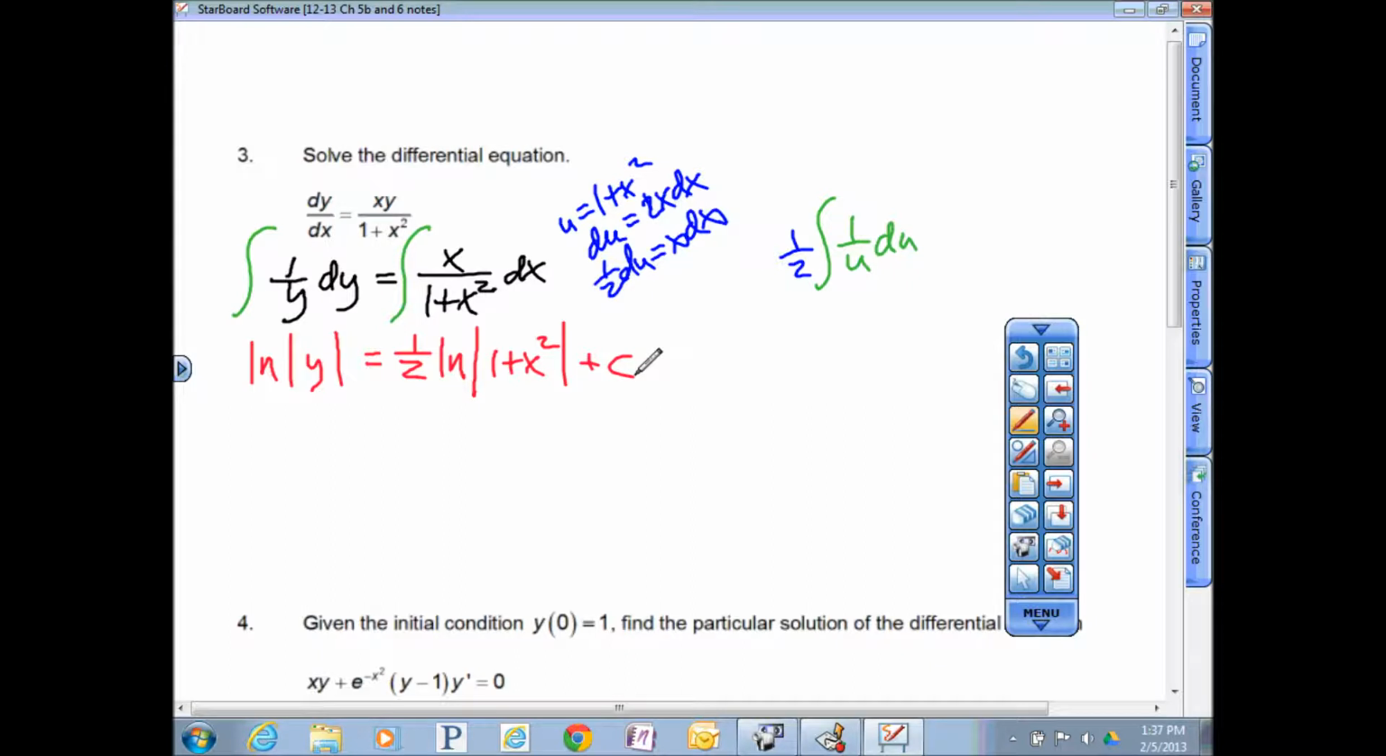Now in order to isolate what y would be, we're going to do that little e trick. So let's e both sides. If I do that, let's use a color other than red. So we're going to e it now, to use that technical math term that's really not a math term. If I do that, left side becomes y, right side becomes e raised to the 1/2 natural log absolute value 1 plus x squared